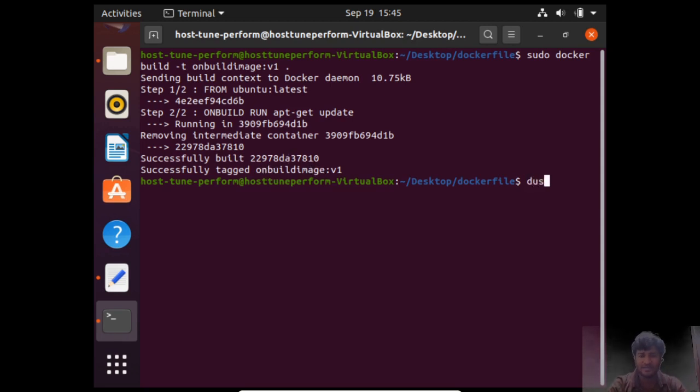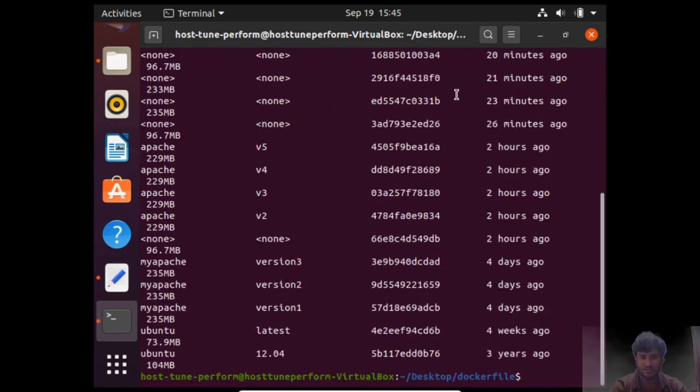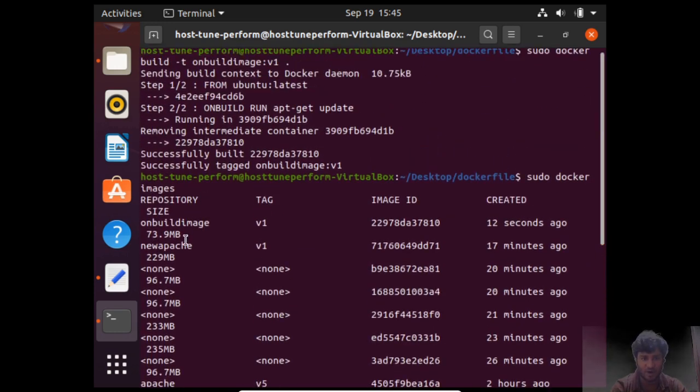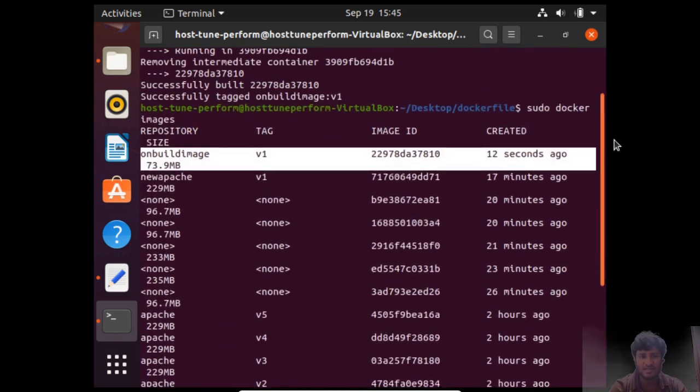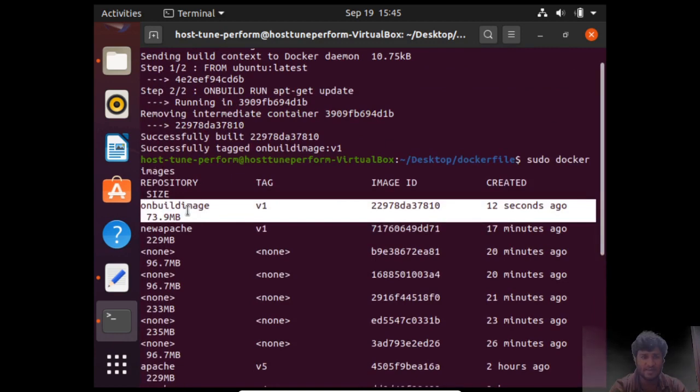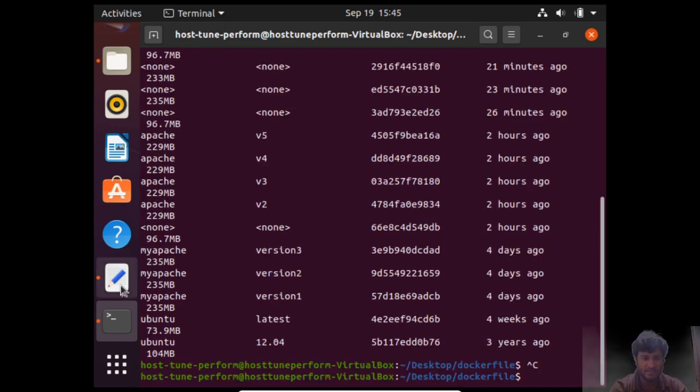To list the image, I will say sudo docker images. We will have this image at the very top. You can see over here, this is the image which we are talking about. Now from this image, which is the onbuild image, I will copy this name.